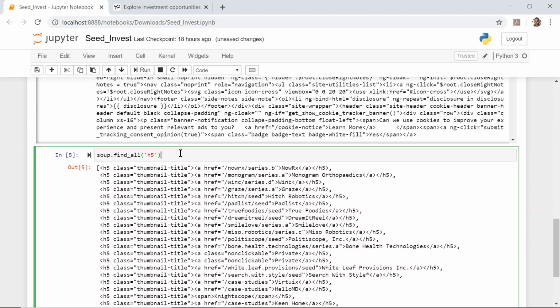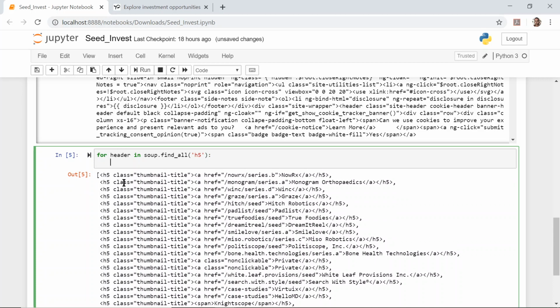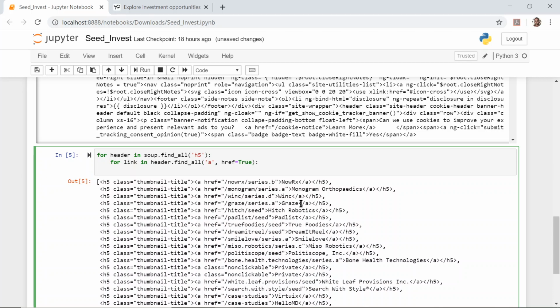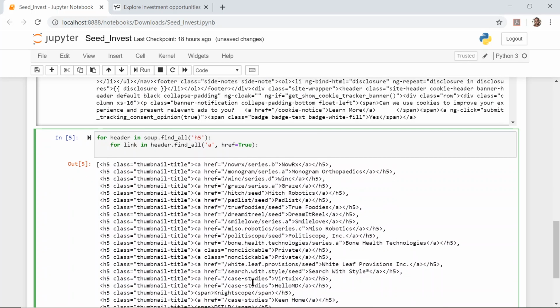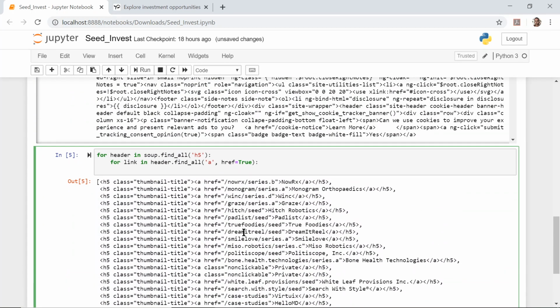Okay. So to iterate over this list, we can say for header in this. So for each of these headers, now header is the soup that we have, so we can now find all within the header. So we're going to say for link in header.findAll, and then we'll get the a tags in here, and we can pass an argument saying href equals true, and then since we wanted to exclude case studies, we can say if